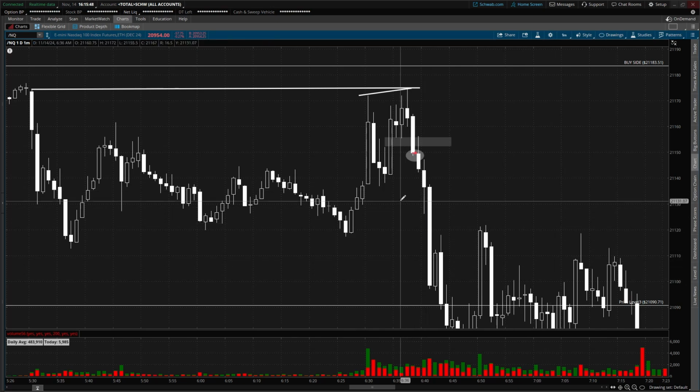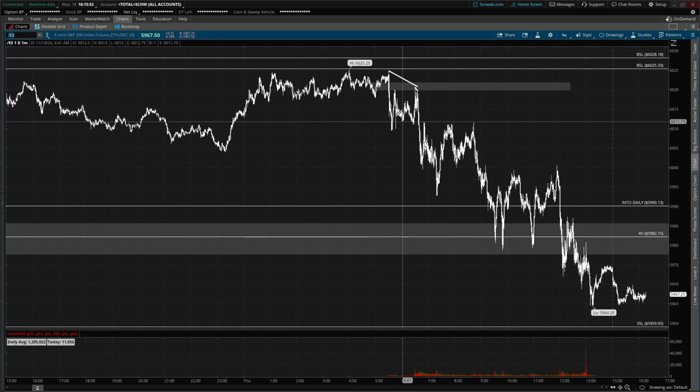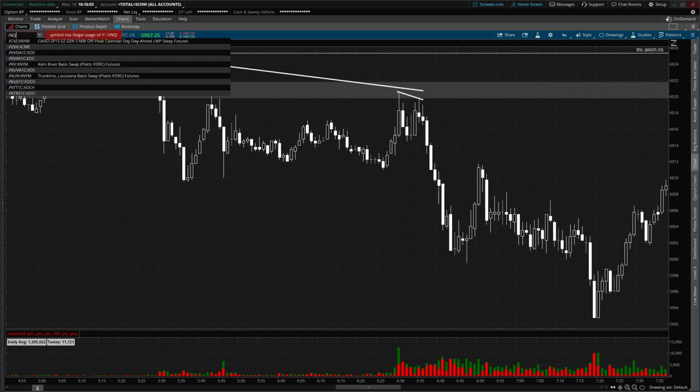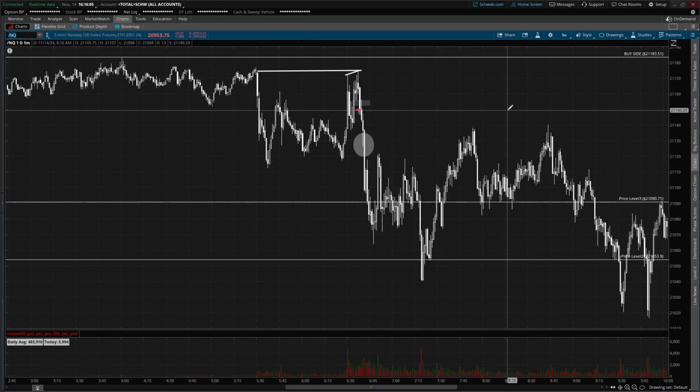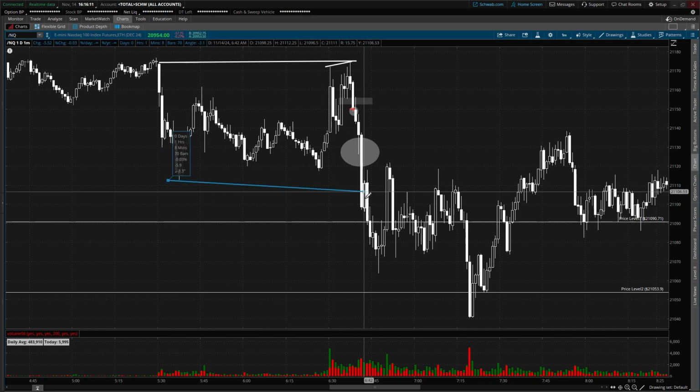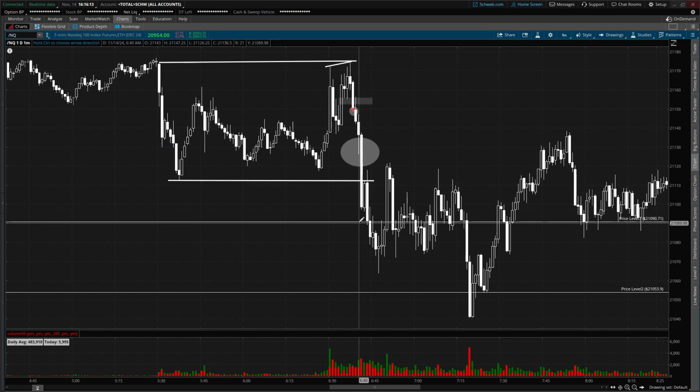And again, I scaled some 20-point scales here because ES had taken out the lows instantly. And when we were in the trade, we were barely up. So I wanted to play it smart. I set my break even and I took some early scales. And then I was playing my runner through this low. Once I saw a strong break, I got fully out here for 50 points.